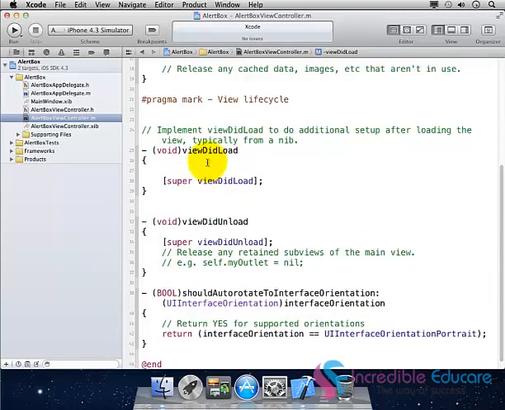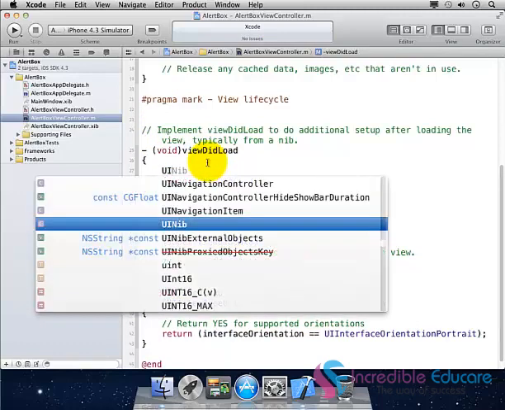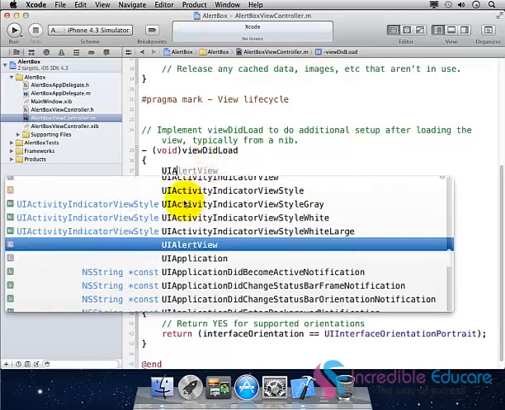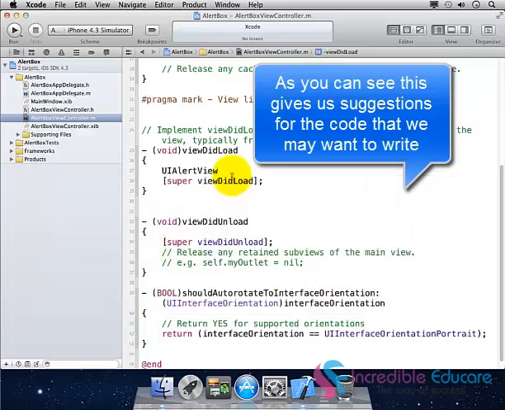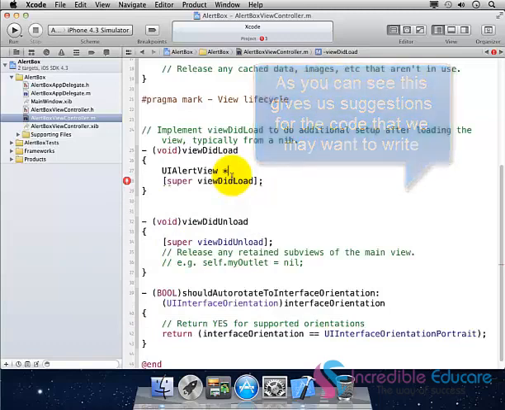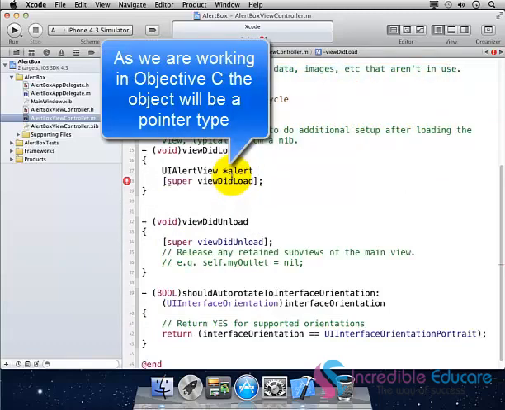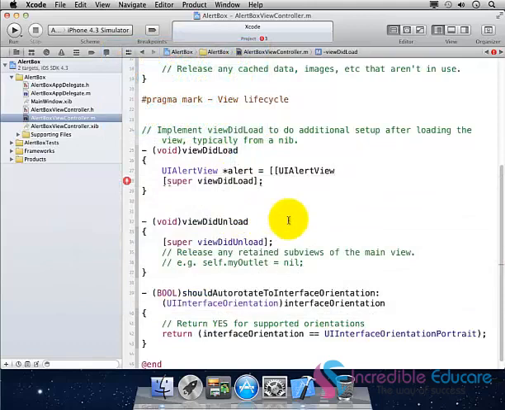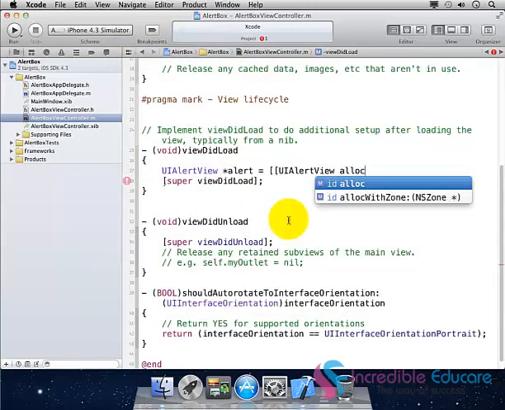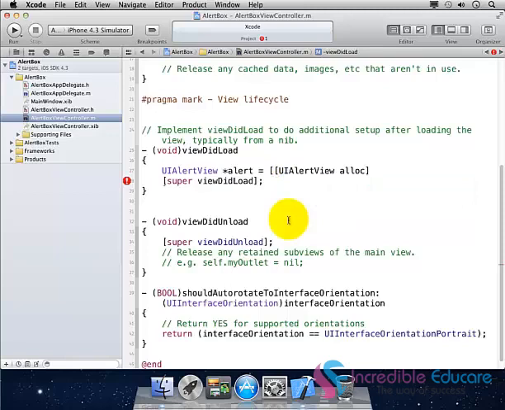So here we'll type UIA, and as you can see, it gives us a suggestion of what we want. We want exactly this one, UIAlertView, and we'll name it alert is equal to, we want this again, and what we are doing right now is allocating it in memory. So we'll use alloc, and we will initialize it with some parameters,